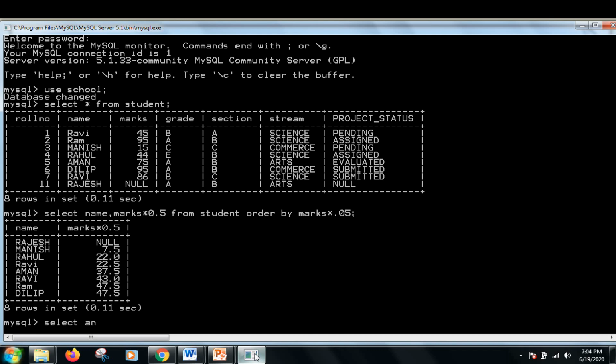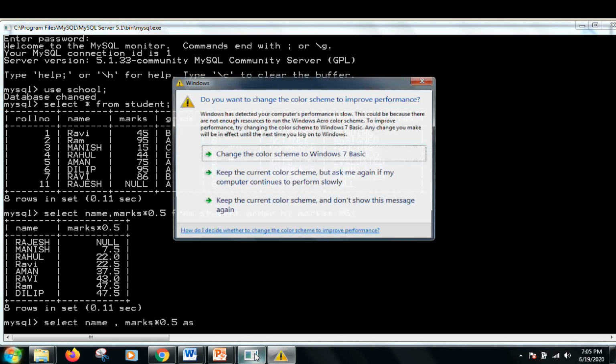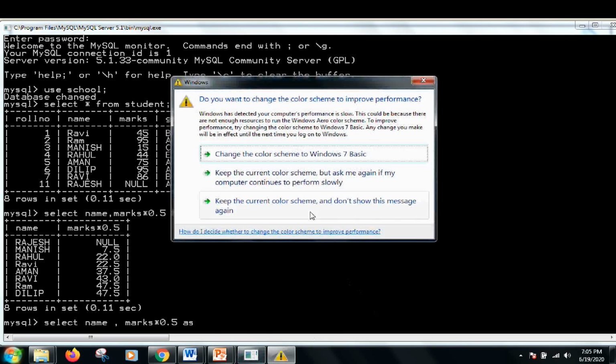That is: select name, marks into 0.5 as term 1.